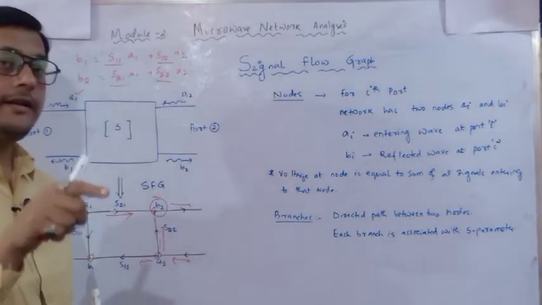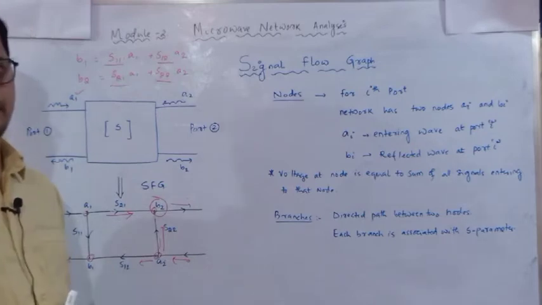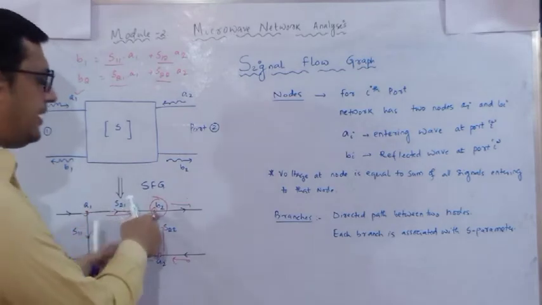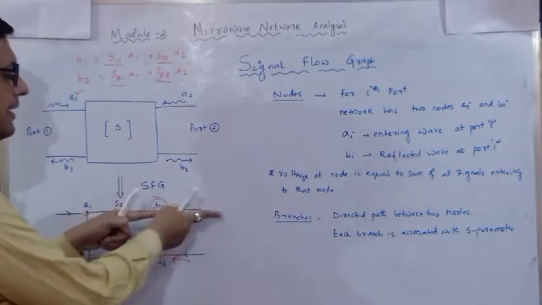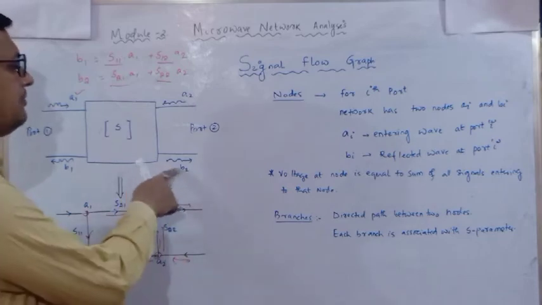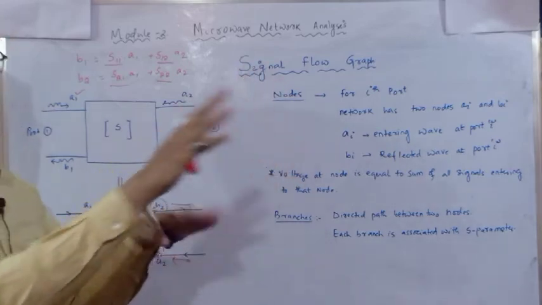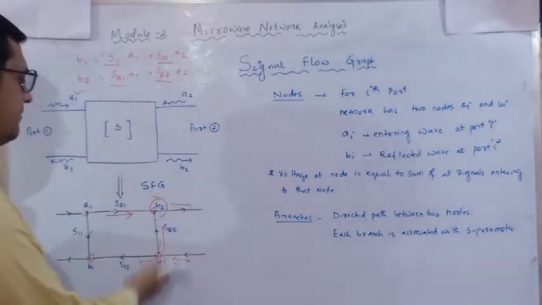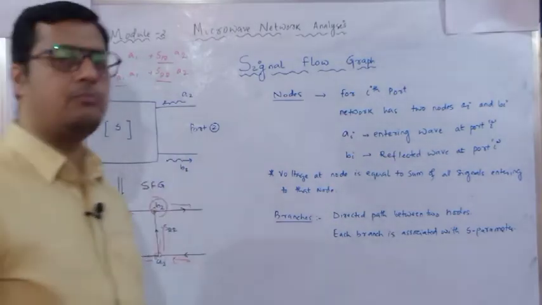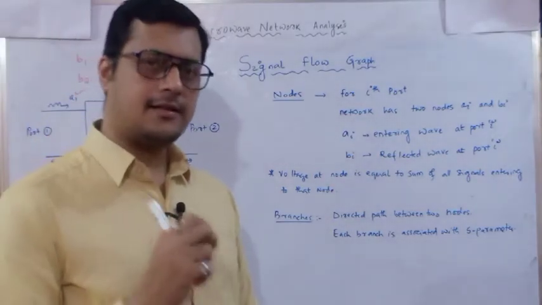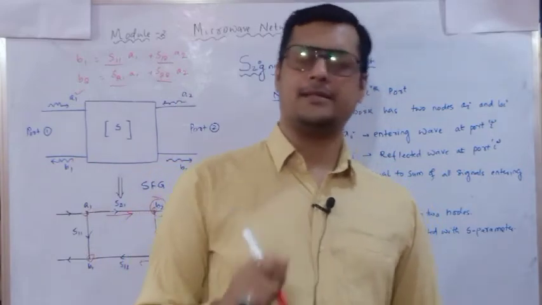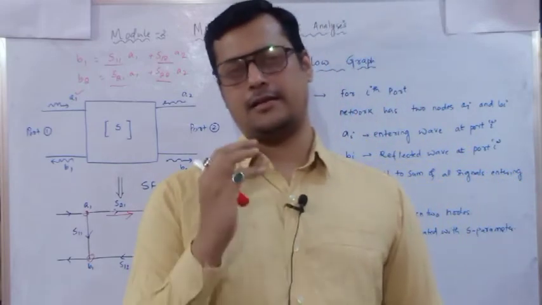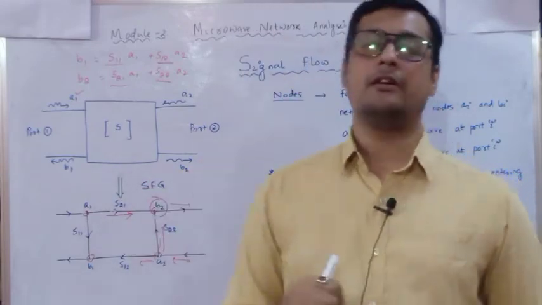And you need to identify the direction also. That is the most important part. Because according to the direction, these points must be satisfied. You can see at point B, the two potentials are combined and it is outgoing. Yes, at port 2, B2 is a reflected wave which is called outgoing. A2 is an incident, so that power will split. Similarly, with respect to port 1, you have to justify. So these are the certain things for representing microwave devices, either a 2-port network, a 3-port network, or a 4-port network, with the help of a signal flow graph.